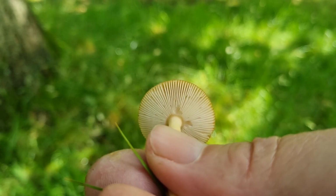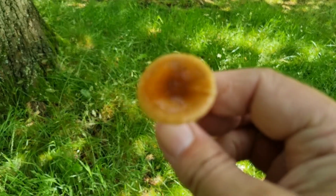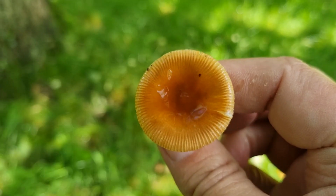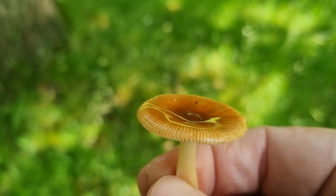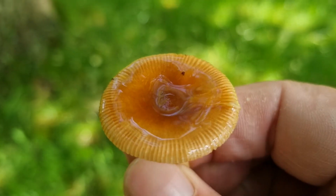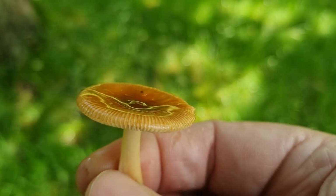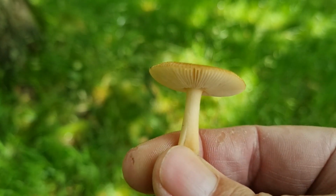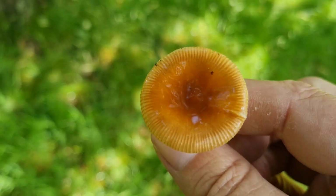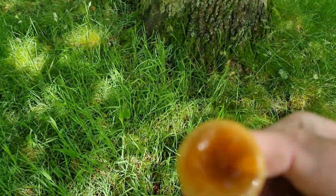As you can see, there's the gills underneath, and there's the cap. A bit of an indentation in the top of the cap, a tiny little bit of an umbo, but I'll have to look this one up tonight to see what it is. But there's 2 or 3 about in this long grass under this lovely big oak tree,